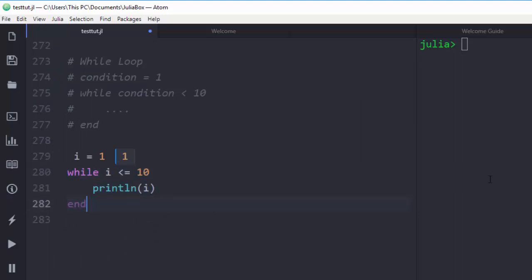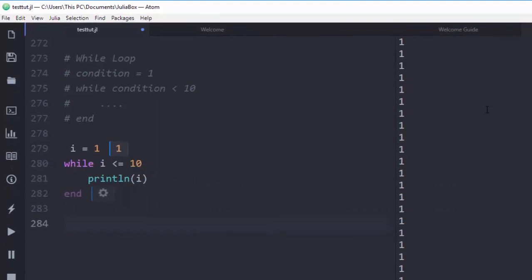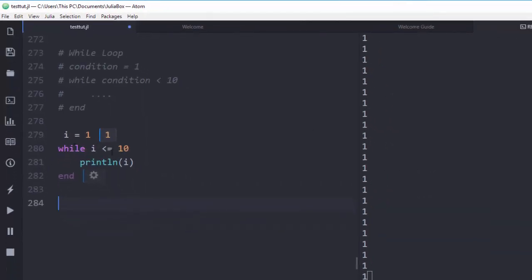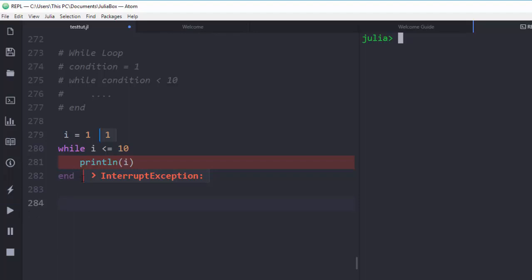So I don't want to break this place. So that is how to work with it in Julia. The other way is, let me show you what I mean. Let's run it anyway. Just keep on running, see that it's running to the end, because 1 is still less than 10, right? So that is the idea behind it. So I've interrupted it. Perfect. Okay. So now let's see how to solve this particular problem. So the best way, since the condition is met and it keeps on running to the end,